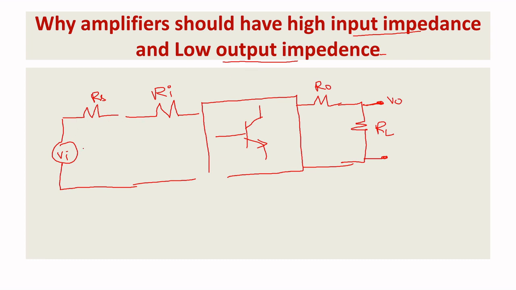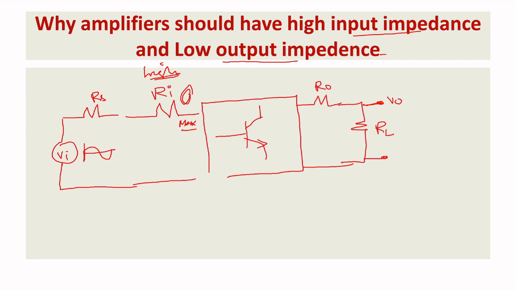Why? You want to know the reason, right? See, here you are giving some input signal. This resistance cannot be modified. This is the source resistance. So we want the input signal which enters the transistor, that is the amplifier circuit, to be maximum. That can be obtained only when you have a higher input impedance. You want high input impedance, right? So you can't reduce this RS, but you can reduce this value. This value will be very less, and you can increase the value of RI,